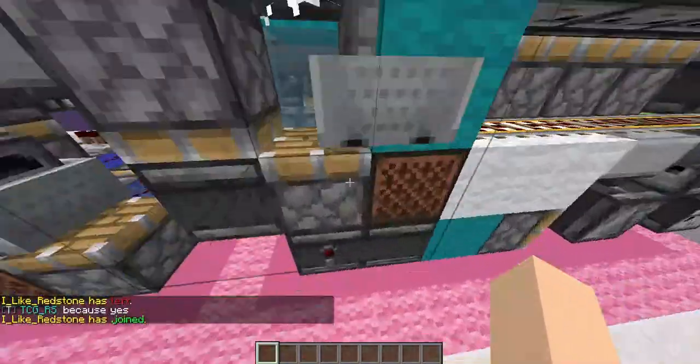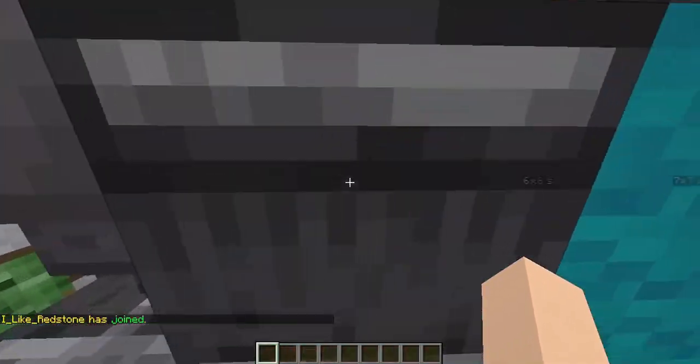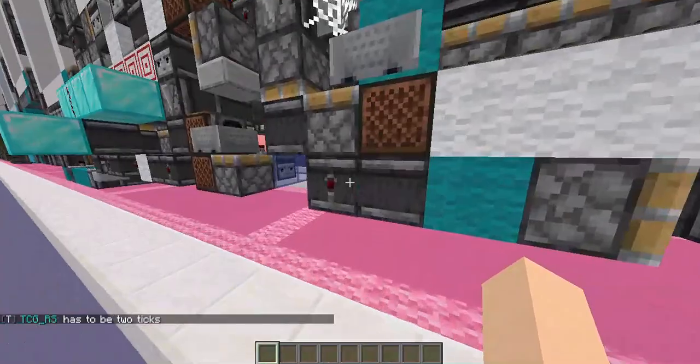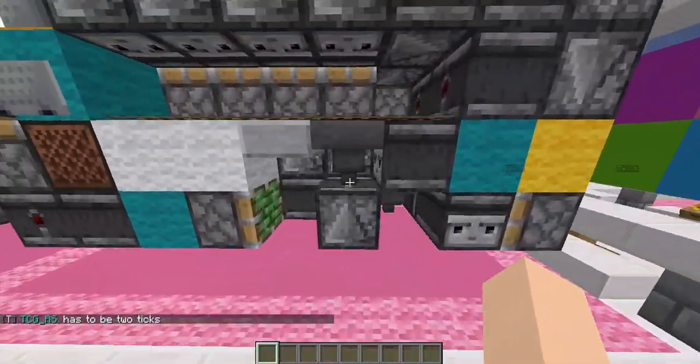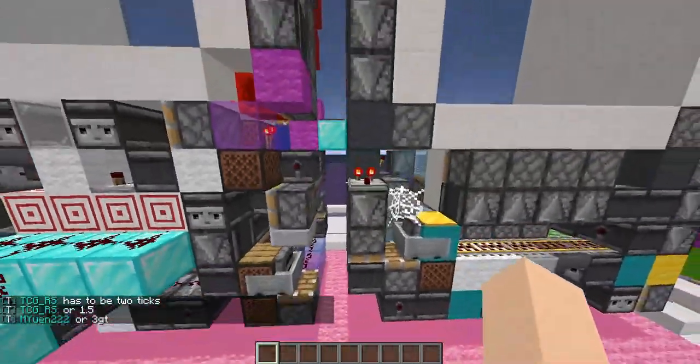This down here, you need to make this one a slab, this one a hopper, this one an observer, so you might have to change stuff here. And you make this kind of chain here, where this is out and not in. That comes from this observer here. To do this minecart here,